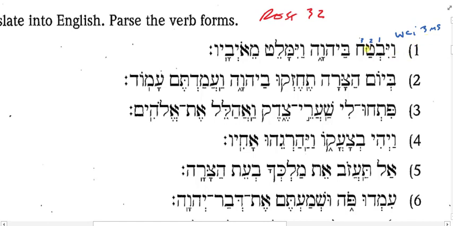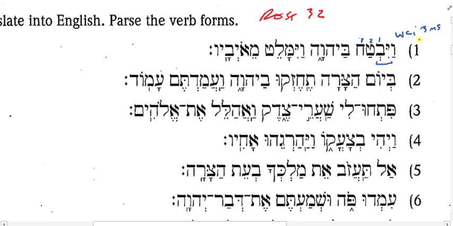What does the verb batach mean? So, to trust. Good. What stem is this? The kal, nifal, piel, pual, what? Okay, it's the kal. How do I know it's the kal? This vowel pointing here is the most important thing. Hireq under the yod prefix, silent sheva under root 1. How many places does that happen? Just one, in the kal.